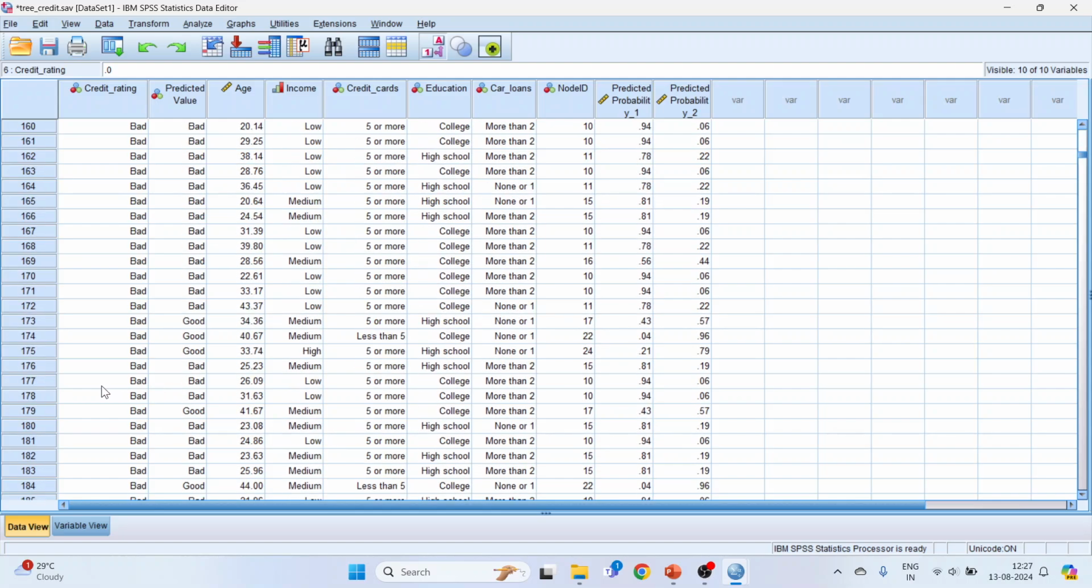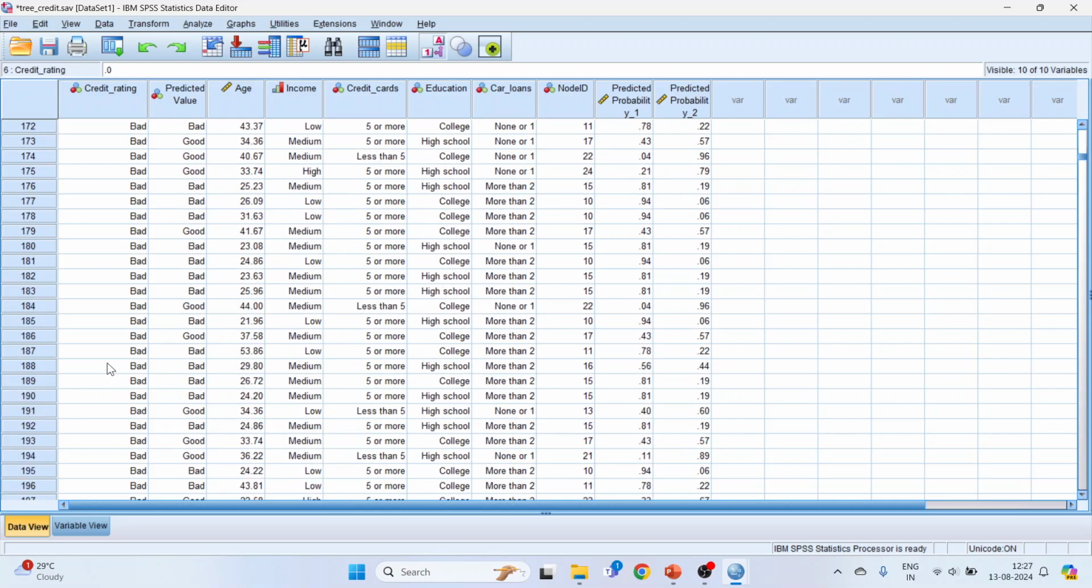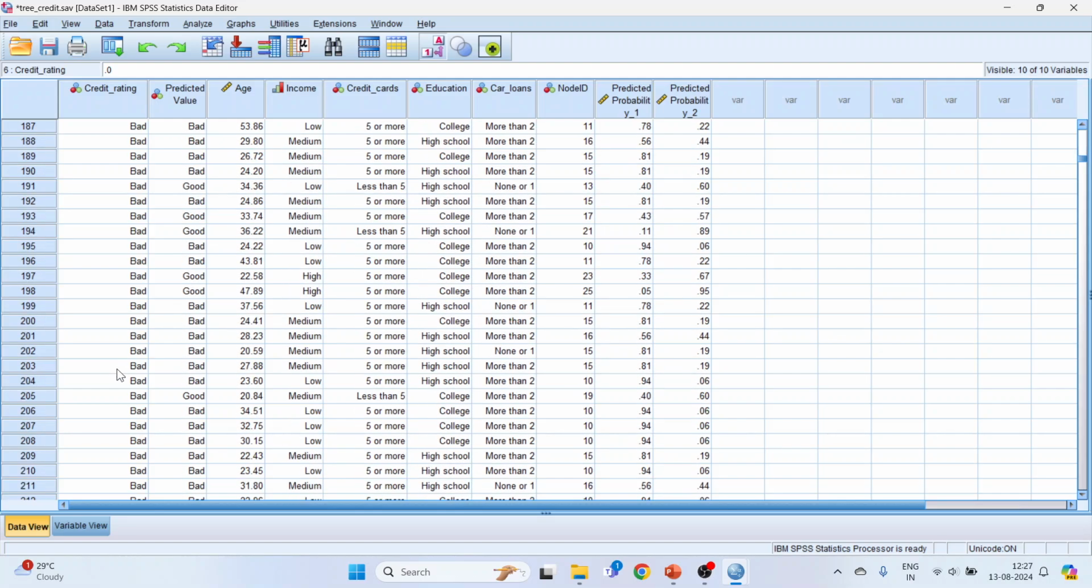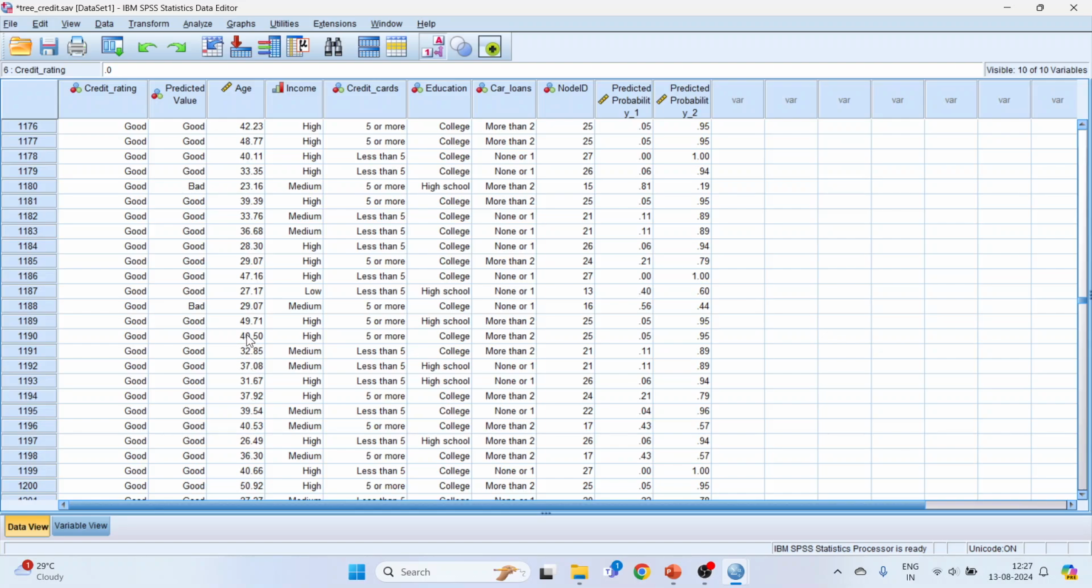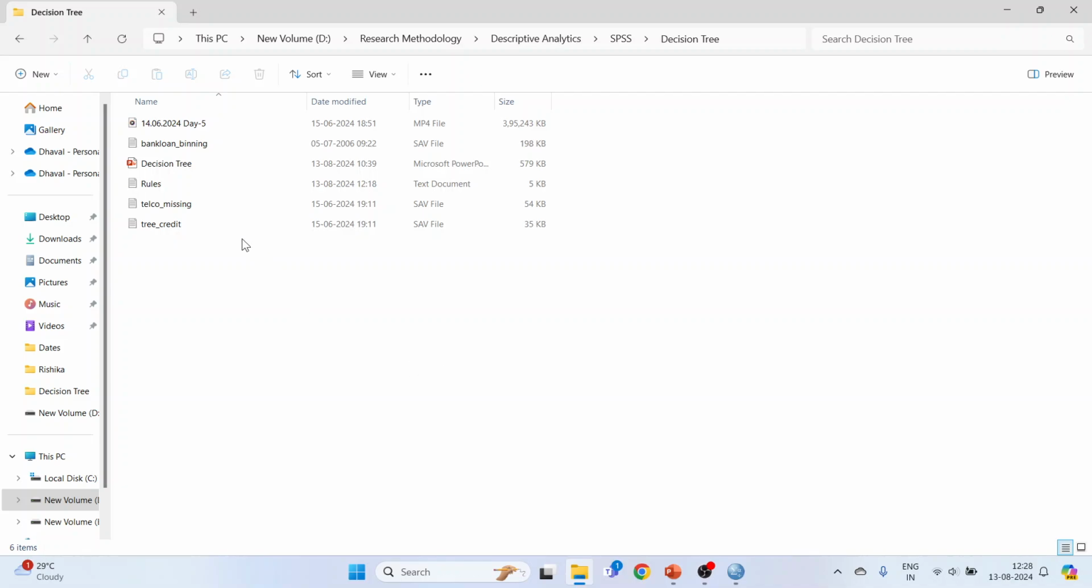Let me check here also. Yeah, if there is a good figure here. Now in this case, the customer is having good credit rating, but the model predicted bad. So this is also misclassification. So in total, the misclassification happened in 166 plus 291 cases. Now you will also get the rules of the decision tree. If you recall, we had saved it in the notepad format. So here are the rules